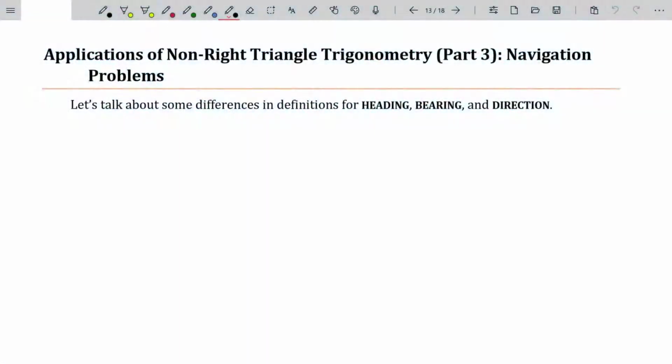Hello, my name is Roy Simpson, professor of mathematics at Cosumnes River College in Sacramento, California. This is a final video on Law of Cosines for a trigonometry course, and we're going to be talking about navigation problems. It gets its own video, mainly because they are very popular when using the Law of Cosines, and